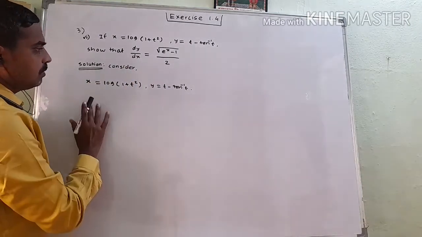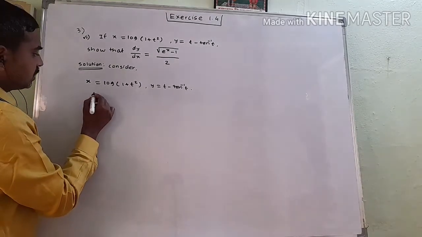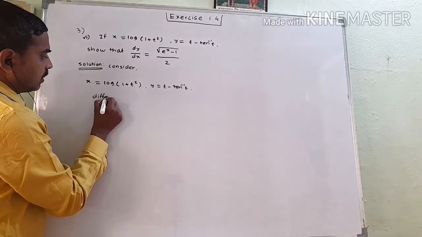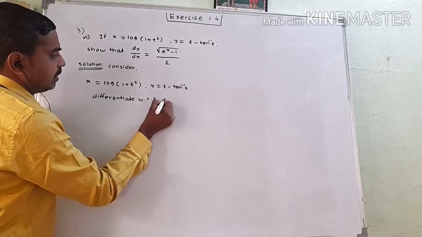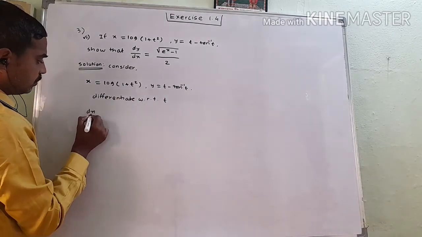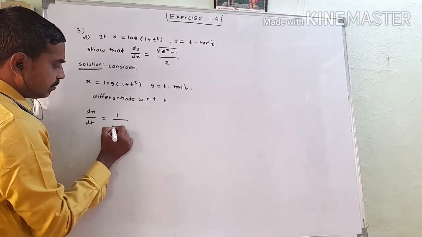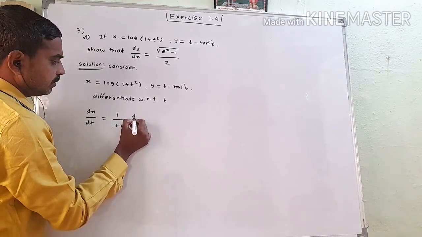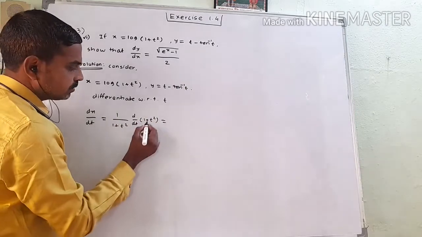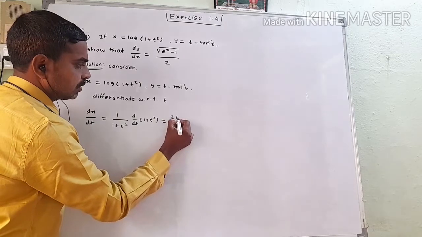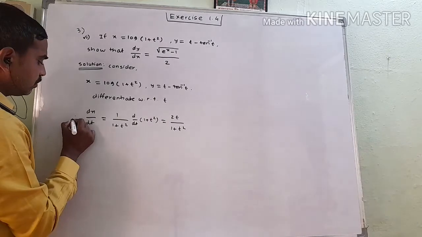First of all we will differentiate this by using the parametric formula. Now we will differentiate this directly with respect to the parameter t. Then for the first derivative dx by dt, we get the derivative of log of f of t, which is 1 divided by f of t into f dash of t, that is d by dt of (1 plus t square). What is the derivative of 1 plus t square? The derivative of 1 is 0. The derivative of t square is twice t. So twice t divided by 1 plus t square is the derivative of x with respect to t.